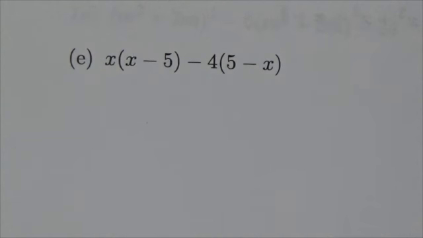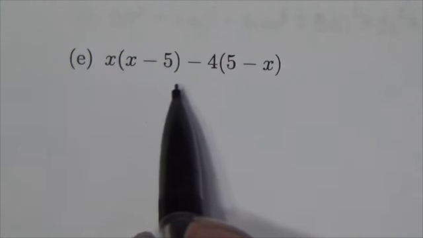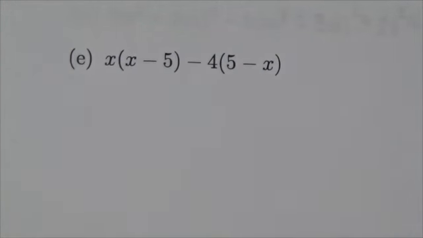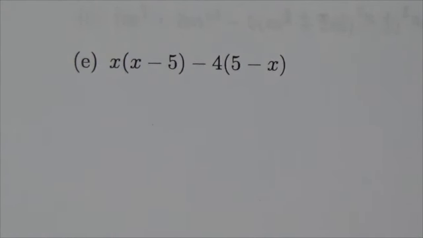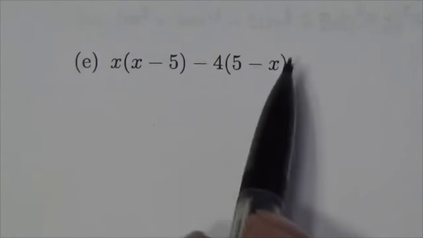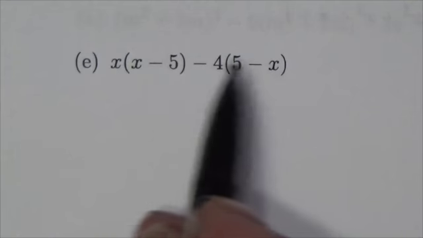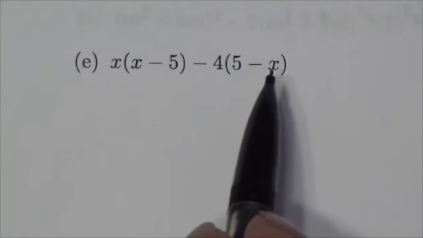All right, so in this question we're being asked to factor x times x minus 5 minus 4 times 5 minus x. Now, when you look at this, you should notice that something here doesn't quite look pretty. I think most people jump on this real quick and say, yeah, this doesn't look pretty. There's nothing wrong with writing it like this, but it doesn't look pretty because